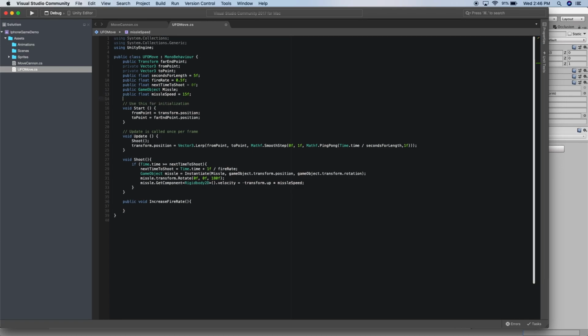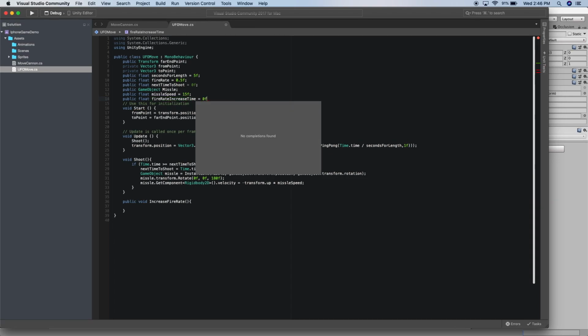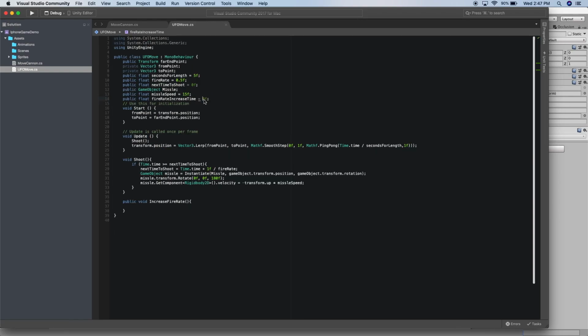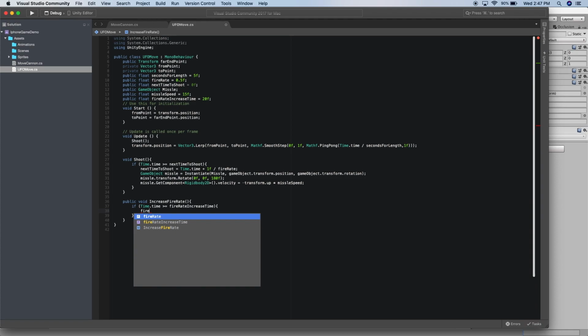I'm going to come up here and say public float fireRateIncreaseTime, and that's going to be equal to 0. And actually, instead of 0, I'm going to maybe put it like 20. And now I'm going to come down inside of our method here, and I'm going to say if Time.time is greater than or equal to fireRateIncreaseTime, well, then if it is, I can say fireRate